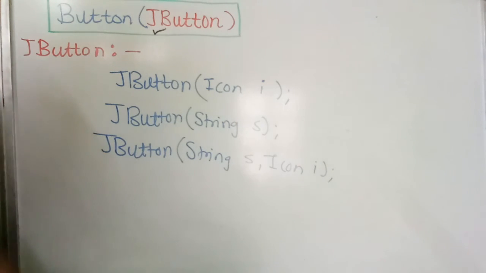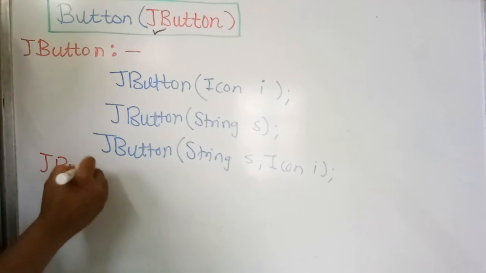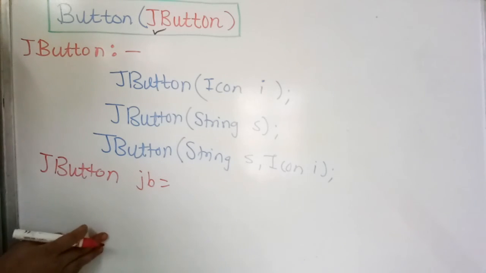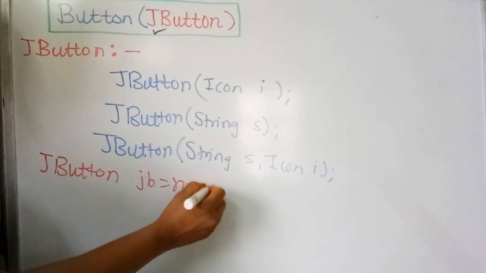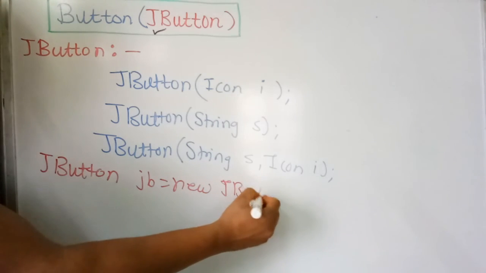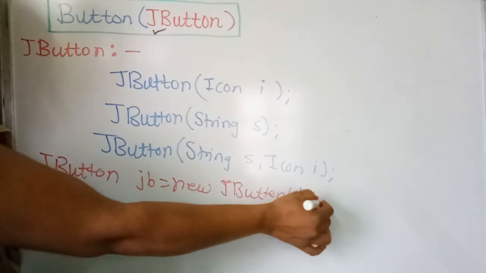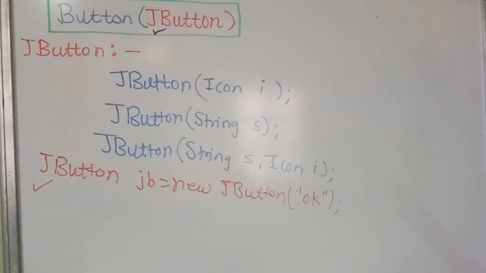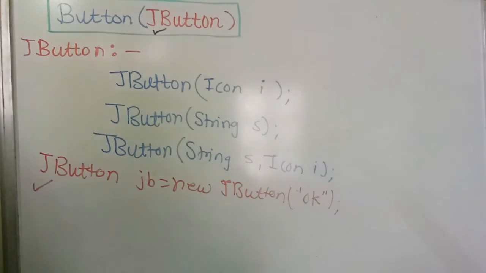For example, to create a JButton, you simply write JButton, then the name of that button, and we apply the constructor like new JButton with the name given to it. This procedure is the same as for the previous simple button class. So this is all the mechanism and background details about the button class, meaning how to use the button in our simple graphics Java program. Thank you so much.